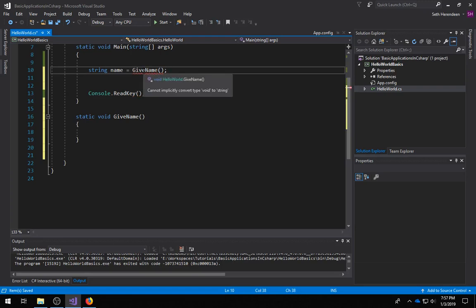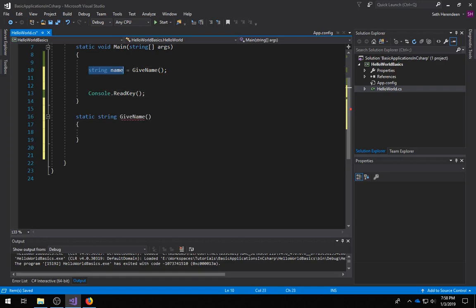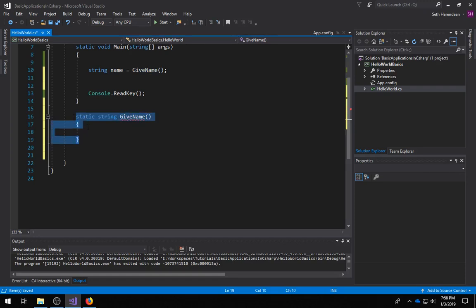Well, while it's true that there are no arguments required for give name, we cannot implicitly convert type void to string. So this right here is the only instance of where it says void. So what if we wrote string instead of void? Then this works right here, but down here it starts to complain because it says not all code paths return a value. What it means is that we have to have this method in some place of the declaration actually use the return statement to return a value. In this case, a value of type string. So we can return